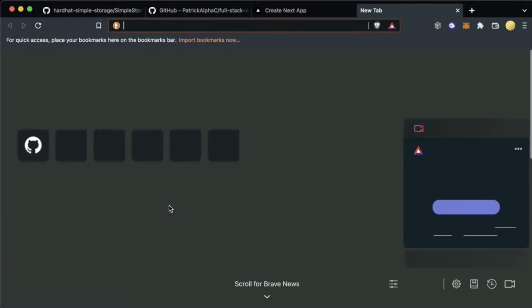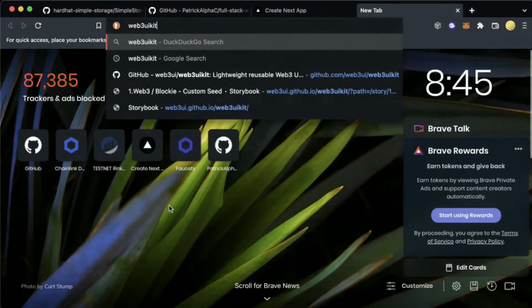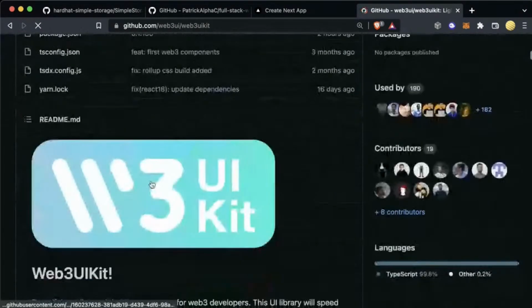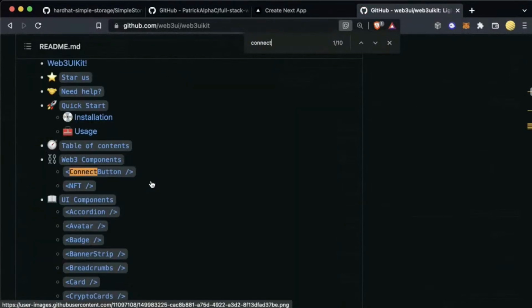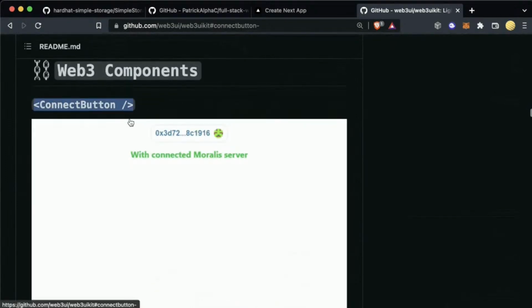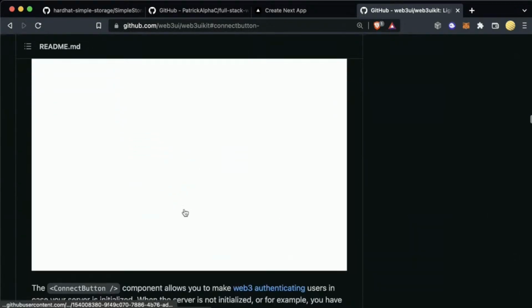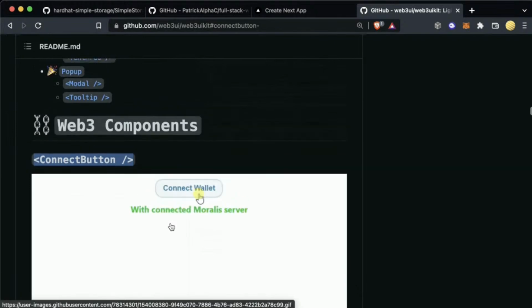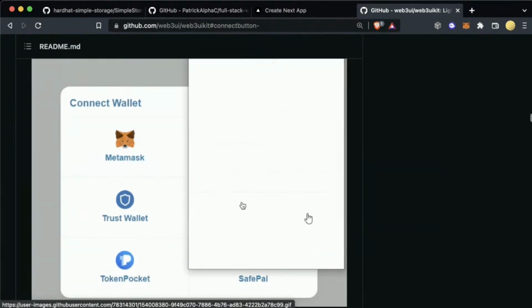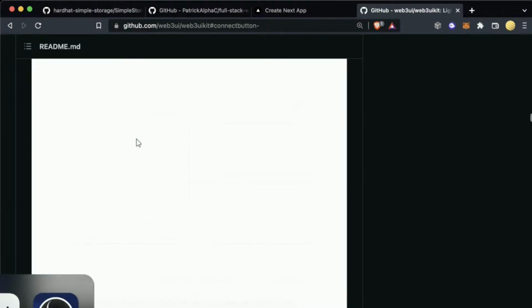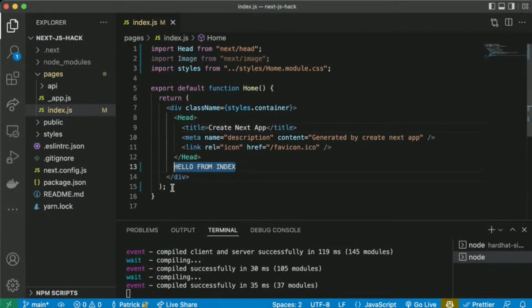So a package that has all that stuff built in is this Web3 UI Kit, which is built on top of Moralis. And again, these are all open sourced hooks. It has this thing called the connect button, which allows you to just import connect button, and you can now be connected to MetaMask. And you can be connected in a ton of different ways: Wallet Connect, Trust Wallet, all these different places rather than just MetaMask. So if you have other ways you want to connect, you can connect with those.